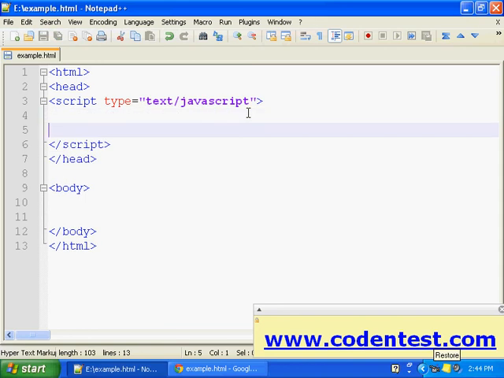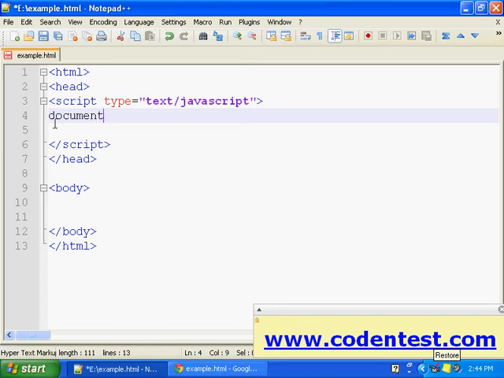Let's write a simple program here. Like I said before, JavaScript can be added in the body section or in the head section of our HTML code. I'll give you an example here. document.write, brackets open, brackets close, and quotation marks.